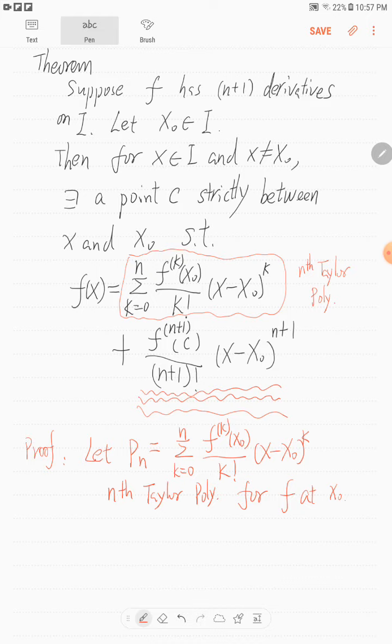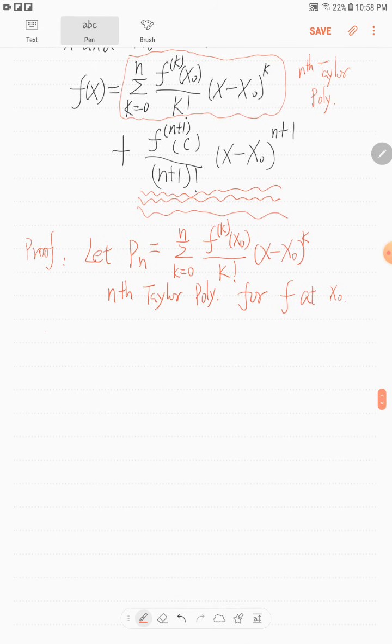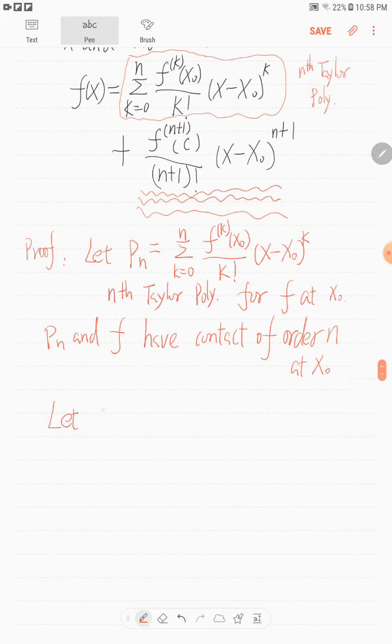From the proposition we already have, P sub n and f have contact of order n at x0. If we let R of x be f minus P sub n,